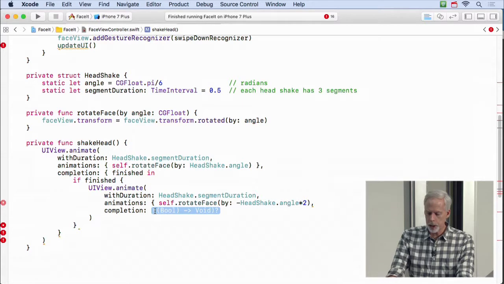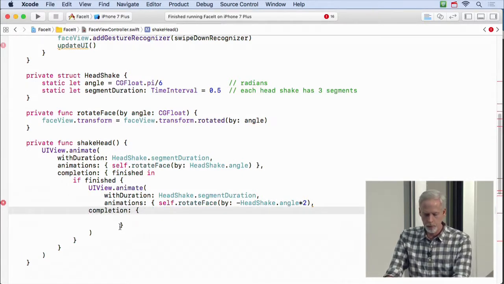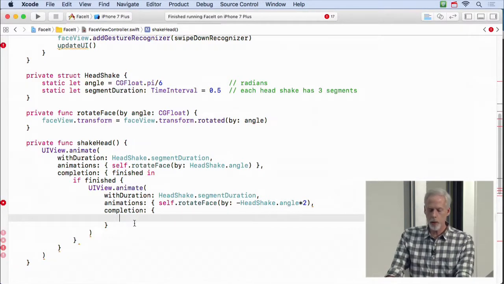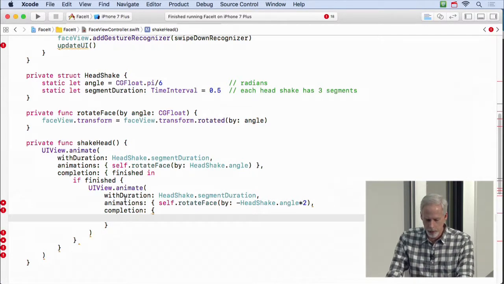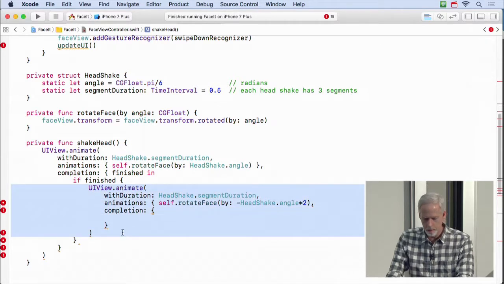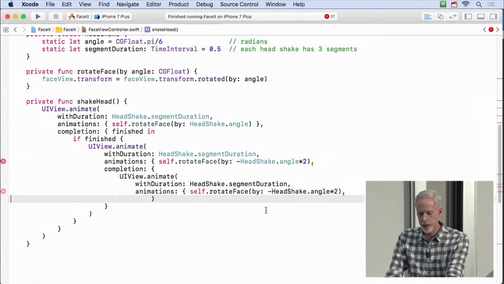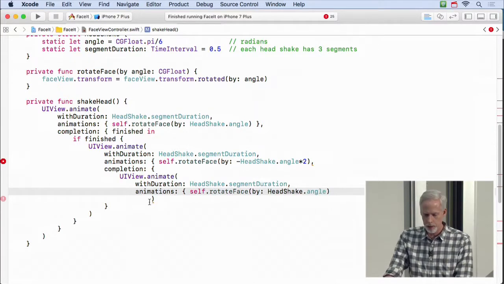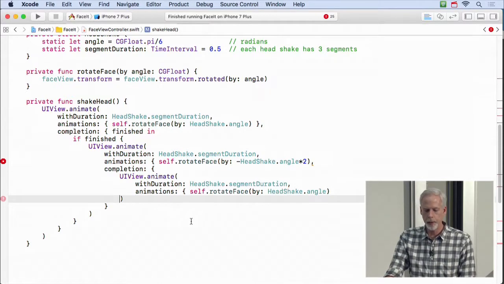And then for the completion here, I'm going to, again, line this up so you can see it a little better. So inside the completion here, I'm going to rotate back to the middle. So yet another, in fact, watch this. Copy, paste. Although with this one, I don't need a completion at the end because I have completed it. And here, obviously, I'm not going backwards. I'm going forwards again, which forwards is counterclockwise there. All right, that's everything there.